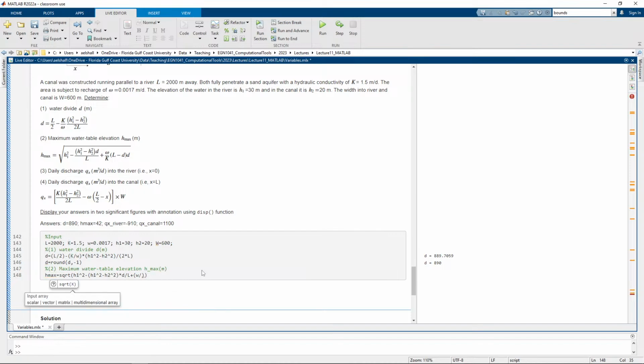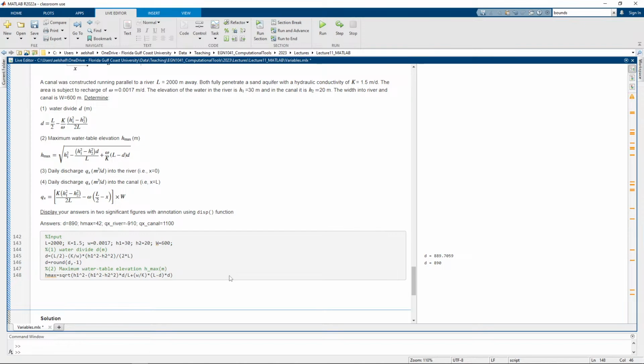Oops, I did W plus something, I think MATLAB is doing some auto completion here. W over K, oops, K, times L minus D, times D. Okay,